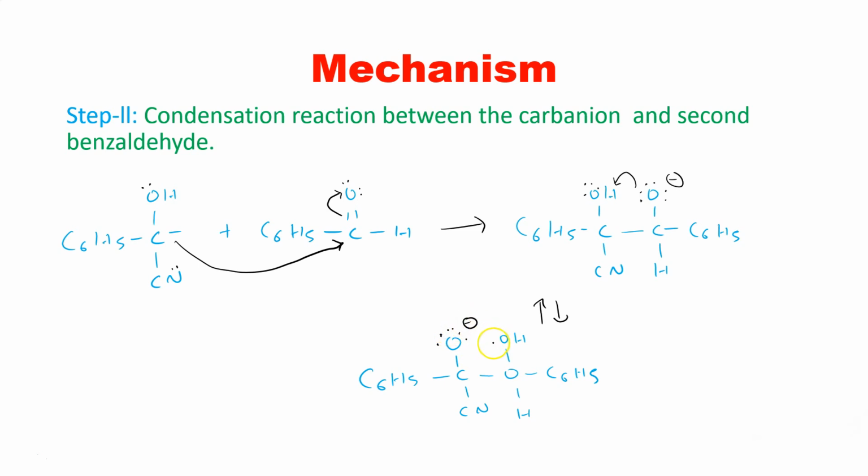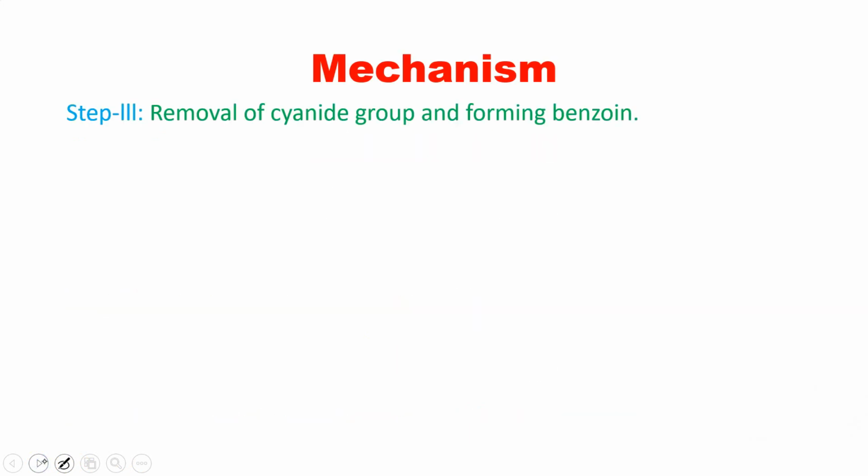This oxygen will have a negative charge, and now there are two lone pairs of electrons on this oxygen. Here it was 6 when it was utilized for bond formation with a hydrogen, as the proton has been shifted. So this step is a proton shift. Now in the further step, step 3, removal of the cyanide group and forming benzoin. So whatever product we have got till now in the second step,